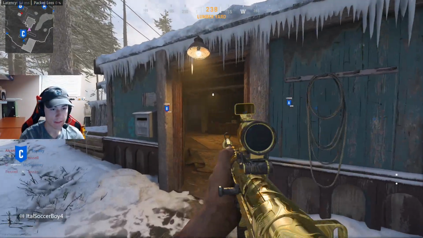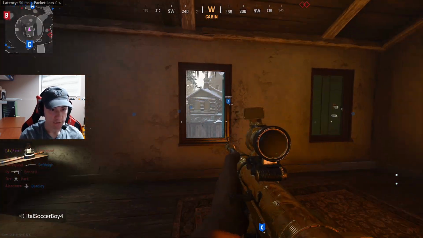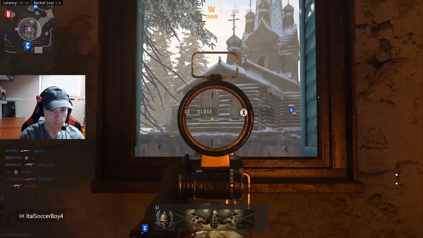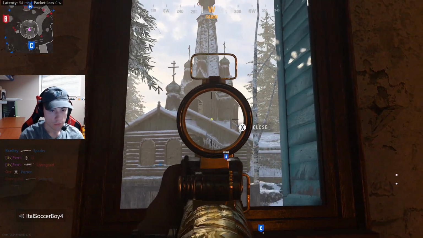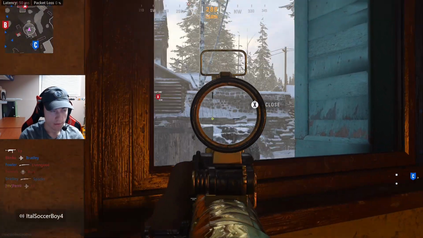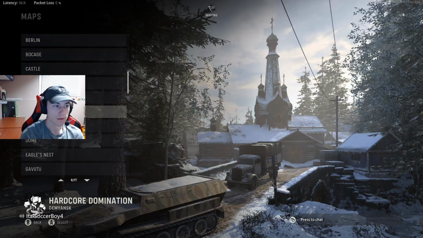So if you spawn C, your life won't be as great, but it's still very good, because I usually just sit in this house, I crouch, and I watch across. That's a long shot. Shooting these windows is a long shot. Also shooting guys off this roof and in that spot is a long shot, and obviously you can even kill guys on the bridge. So in conclusion, the maps you're going to want to play are Bocage, Haus, Demyansk,